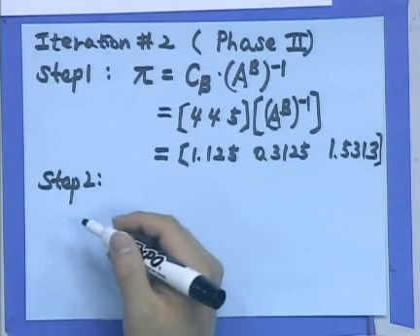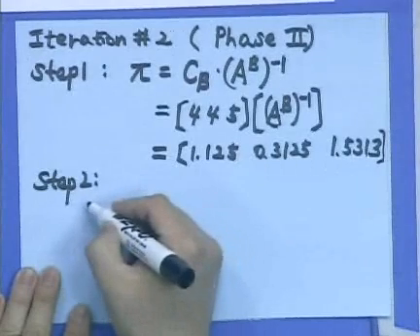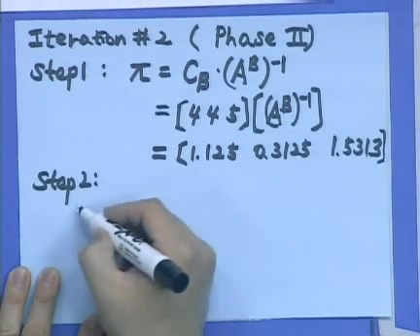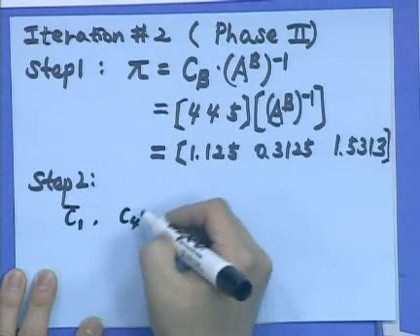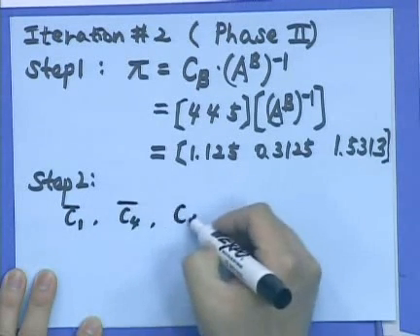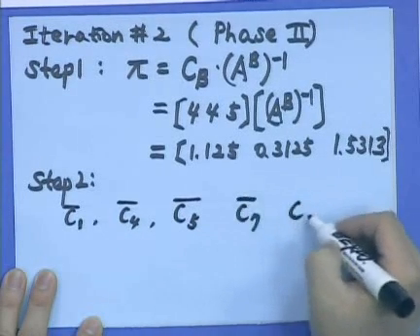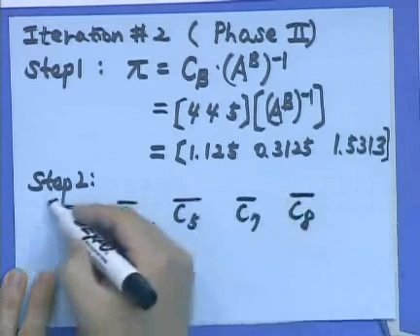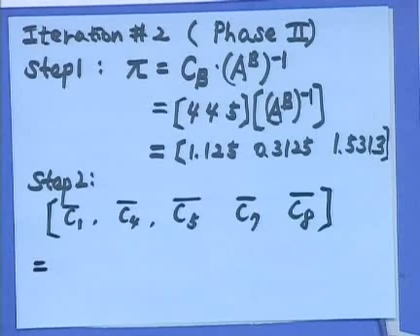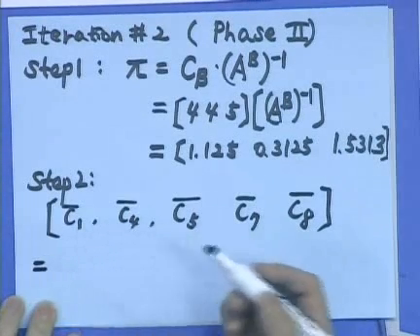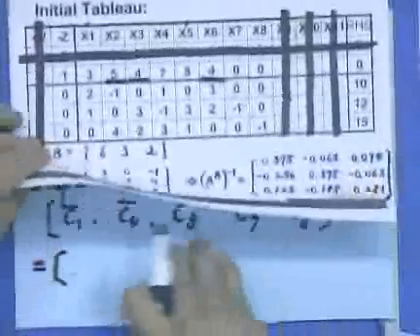And the reduced cost for x1, x4, x5, x7, and x8 can be obtained by the objective coefficient, which is